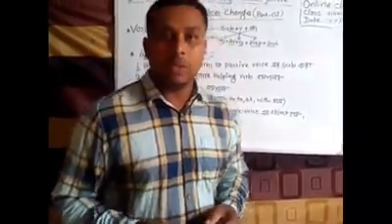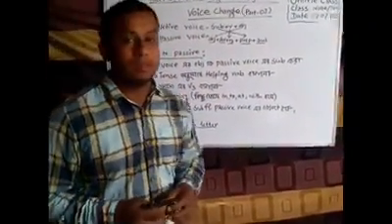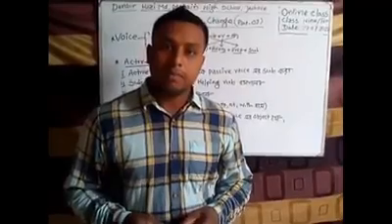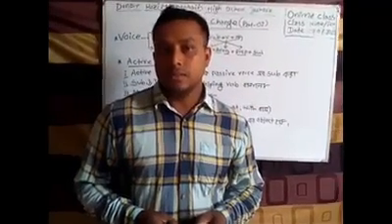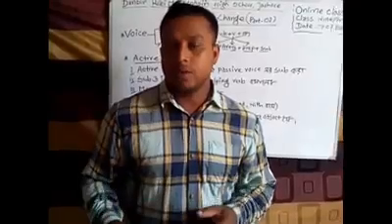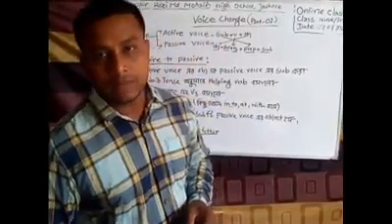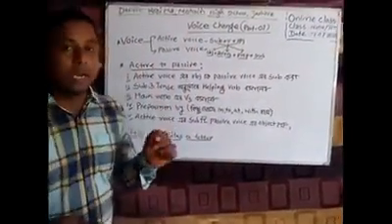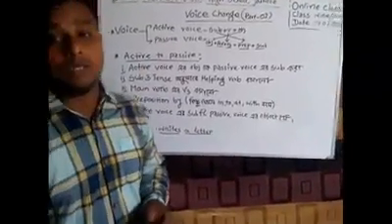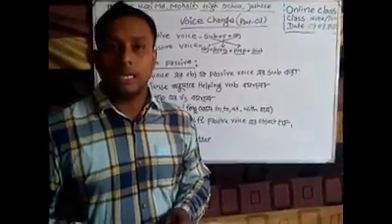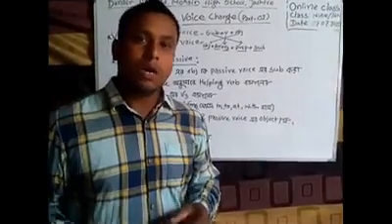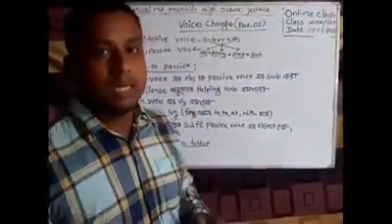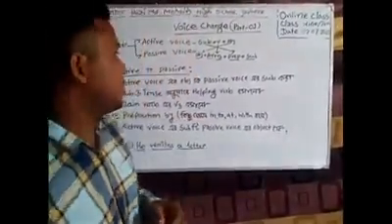Today, I am here to take a class on voice tense. A sentence can be either active or passive. In an active sentence, the subject performs the action, but in a passive sentence, the subject receives the action. That is why voice tense is of two kinds: active voice and passive voice. It can also be said that voice tense is called the physical exercise of English, because here the subject, verb, and object need to be exchanged.